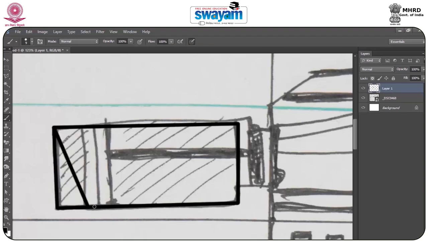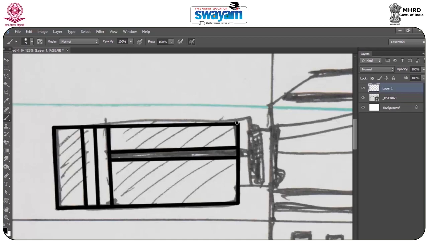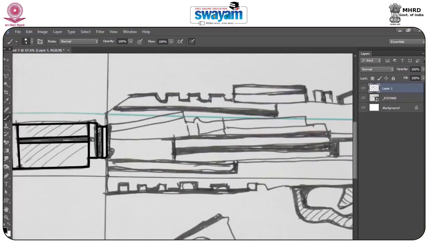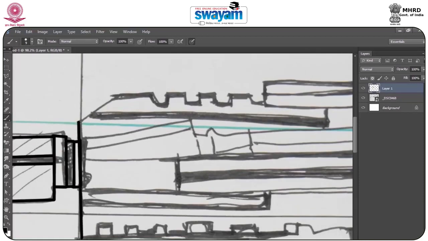I'm doing this because I have made the reference, so the lines are not so perfect because it's a rough reference basically. So for finalizing I use Photoshop so that I may have the idea about straight lines and all, because Photoshop is very precise in making straight lines. I will not put so much detail, but just the general form so that I may have the idea. Like this I will make the whole part of it.